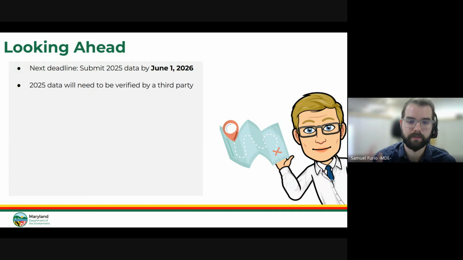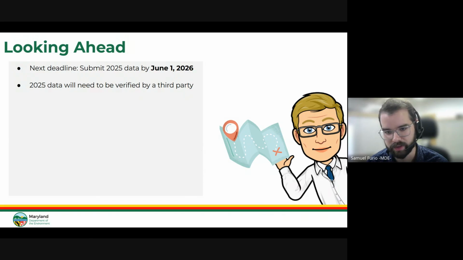So, most of the processes for getting this 2025 data established and sent to us is all the same. You've gotten your connections established in Portfolio Manager with your utility provider if you choose to go that route. And so getting your 2025 data loaded will be a lot easier now that you've gotten these frameworks established through this first year. But the big change that's going to be taking place for this next requirement is this third-party verification requirement, which is the reason we're all here today.